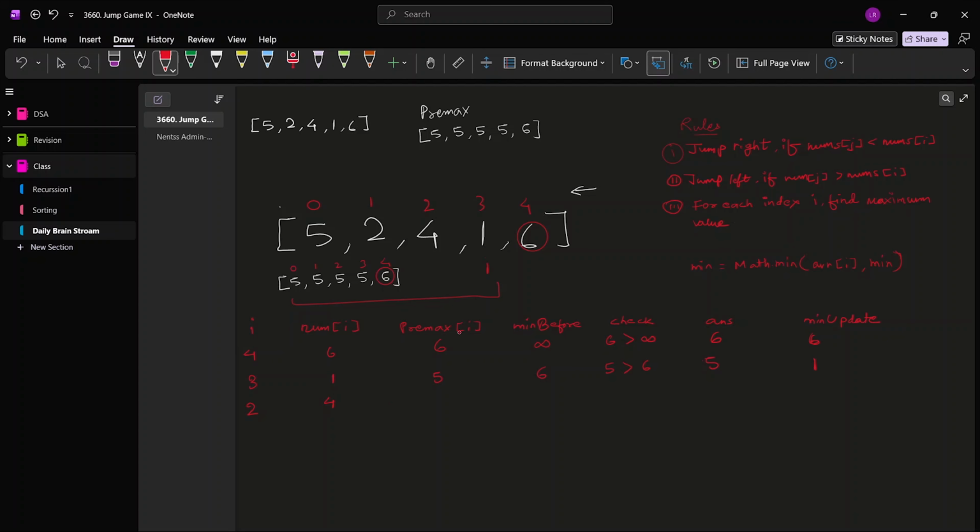and pre-max I is nothing but 5 only। now the min before was 1। now we'll compare our pre-max with our min। so our pre-max is nothing but 5, is greater than min or not? Yes, 5 is greater than min. At our current index, which is 4, we have a bigger element on the left hand side, which is 5, and a smaller element on the right hand side, which is 1,